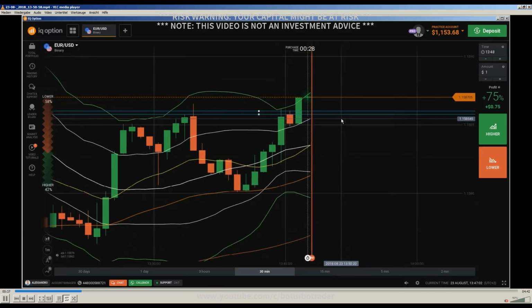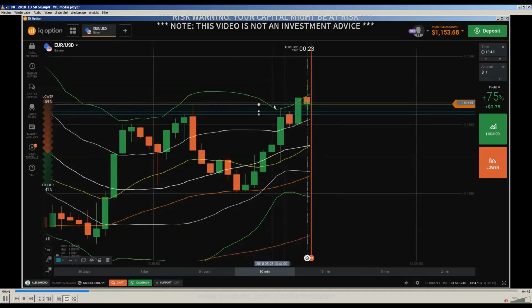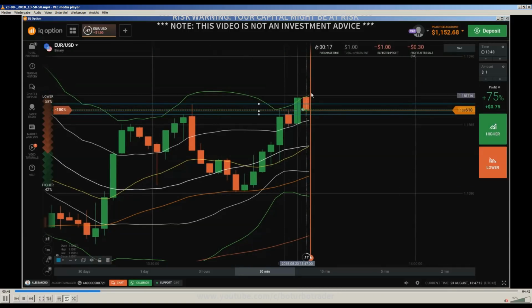This candle closed above the support and resistance level. I was drawing here something as new support and resistance, and then I entered into a call because that is what I have explained in the ebook. Yes, about two things are coming together here. First of all, I waited till we have an uptrend. Let me show you this.